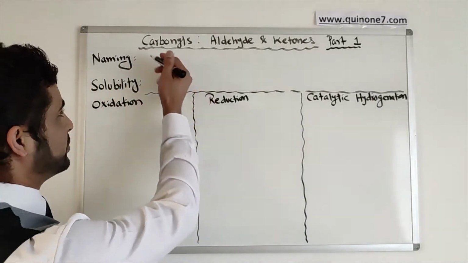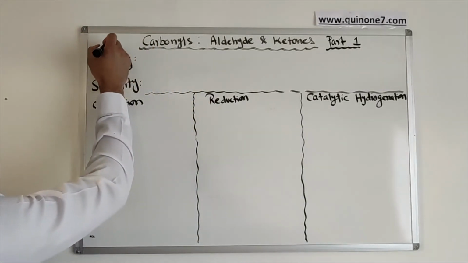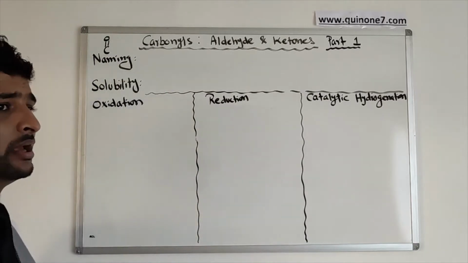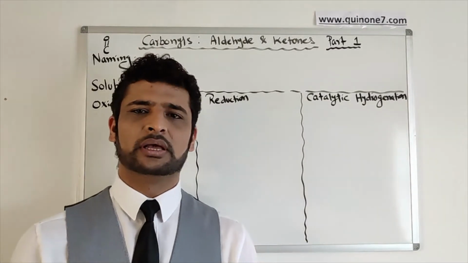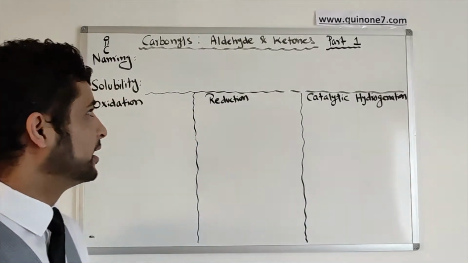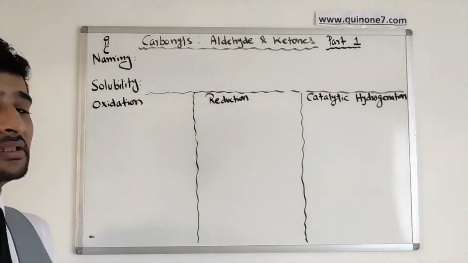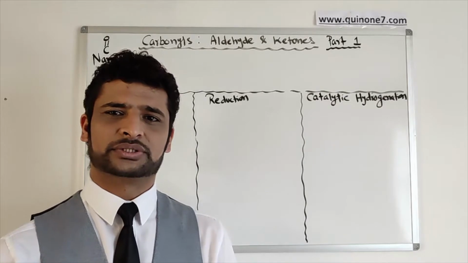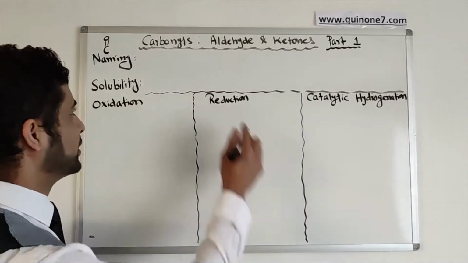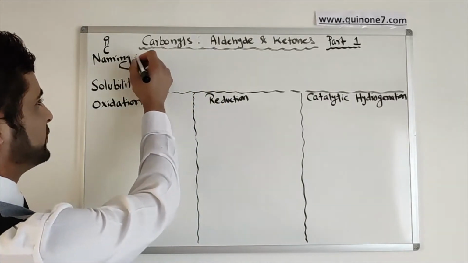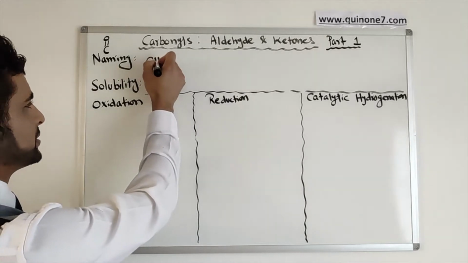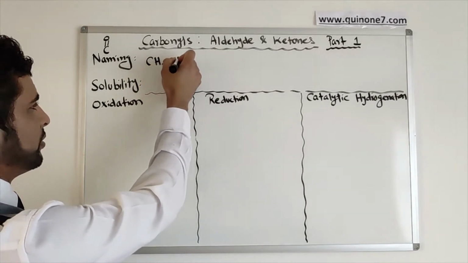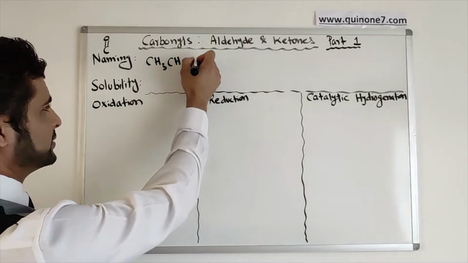Carbonyls is actually when you have a C=O bond in the carbon chain, either at the end or in the middle. They are known as the carbonyls. When we look at naming them, we're going to look at the aldehydes and ketones. You probably have done that in year 12, where you looked at naming the carbonyls. If you look at the carbonyls, the simplest one, an example of an aldehyde, is